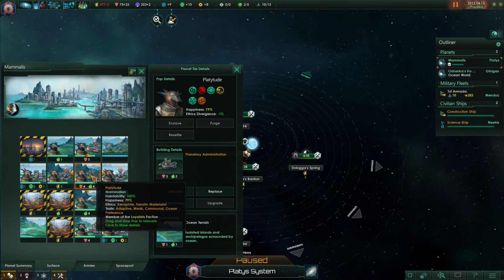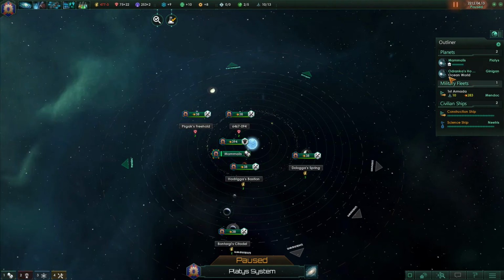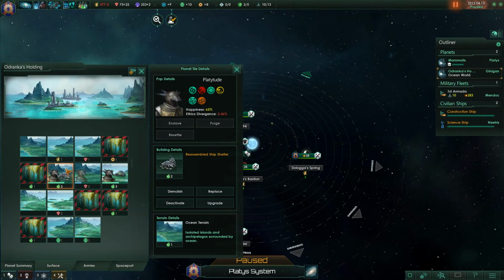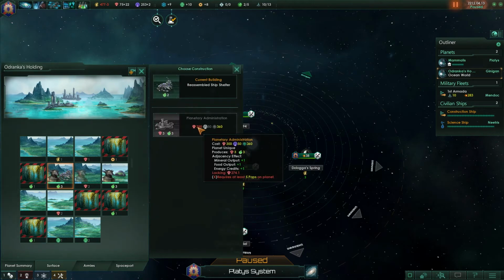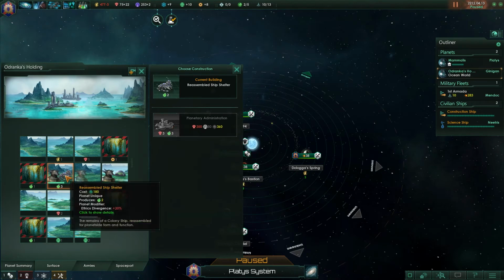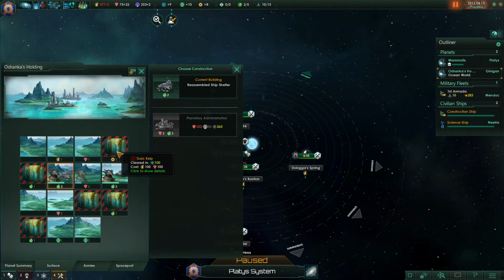So that's one of the things you need to think about when you're building your homeworld. Even though right now, when you build your first basic ship shelter, it doesn't provide any adjacency bonuses, later I'll be able to build a planetary administration just like I have on Mamalis, and that does provide the adjacency effects. So later on when I upgrade this, I will get those bonuses this way, this way, this way, and this way. You can see here, by the way, toxic kelp. Like I said, that's going to be our most common blocker